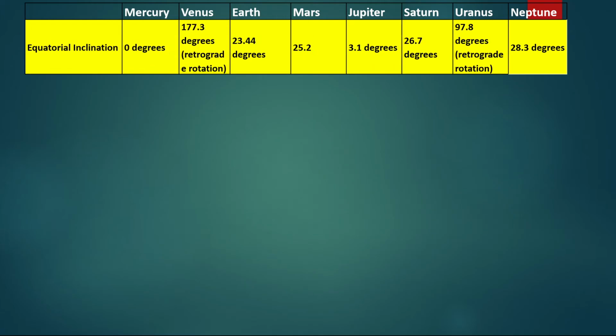And now equatorial inclination. Equatorial inclination is the Earth's rotational axis. Like this is a straight line, this should be the axis, but the actual Earth axis is like this. This is the North Pole and this is the South, and this inclination is around 23.4 degrees for Earth. Similarly for Mercury, this is 0 degrees. So Mercury rotates around this axis only, and Earth rotates around this axis.